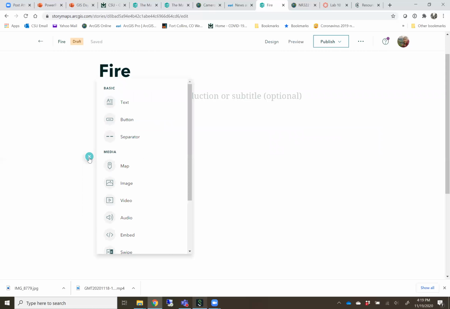So you hit the plus sign. What do you want to add? I want to add text. I want to add a separator. I want to add a map, an image, a video, things like that. So if I wanted to add a map,